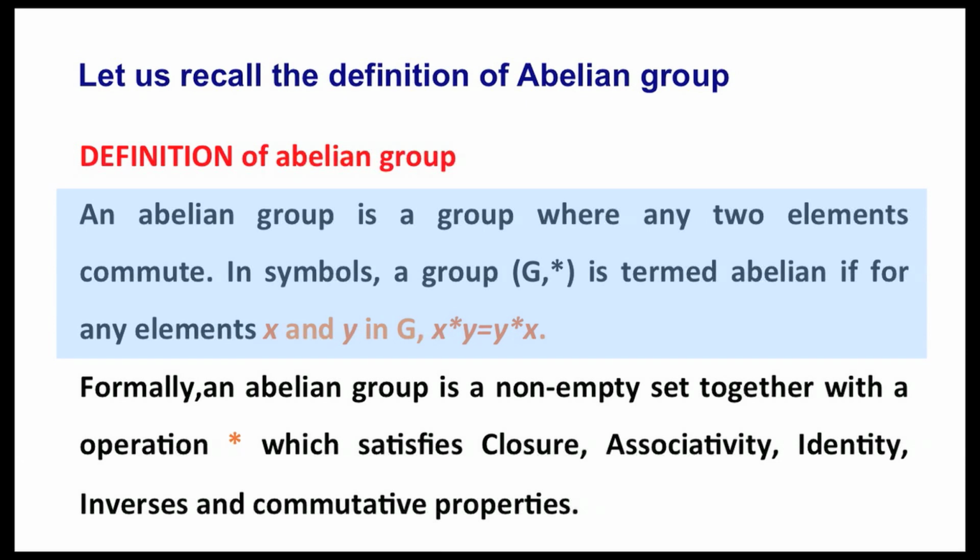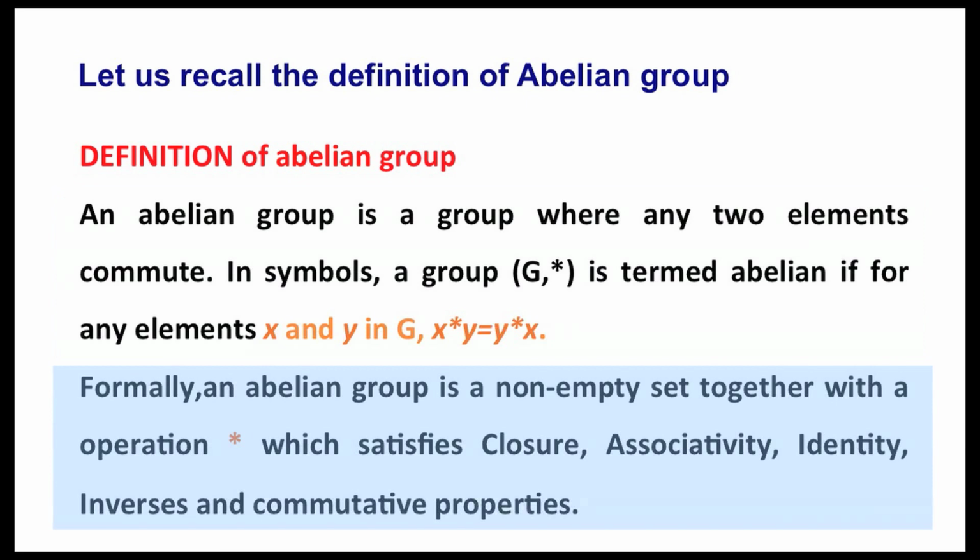In symbols, a group (G, star) is termed Abelian if for any elements x and y in G, x into y is equivalent to y into x. Formally, an Abelian group is a non-empty set together with the operation multiplication which satisfies closure, associativity, identity, inverse and